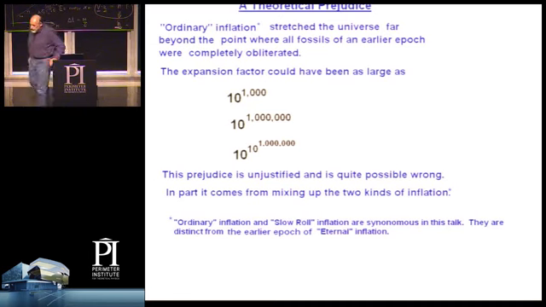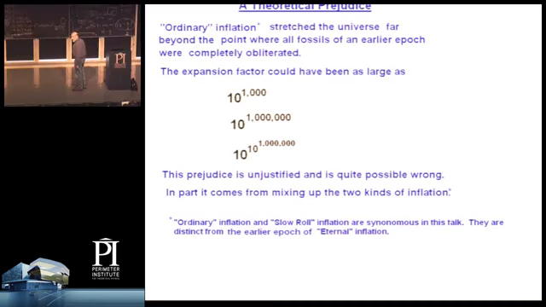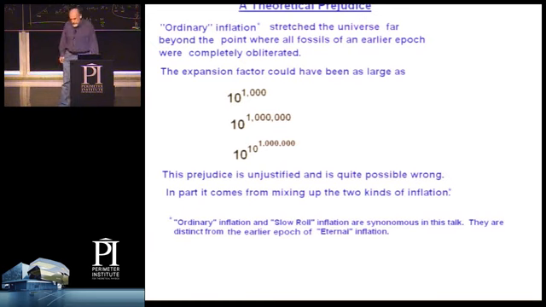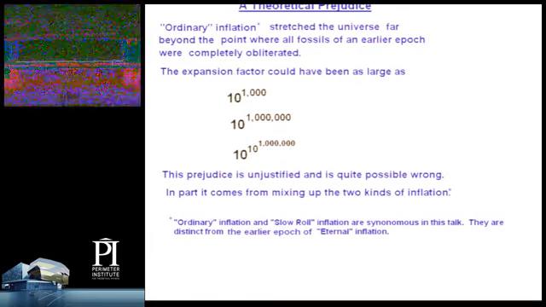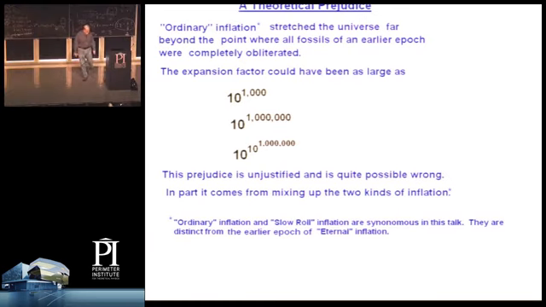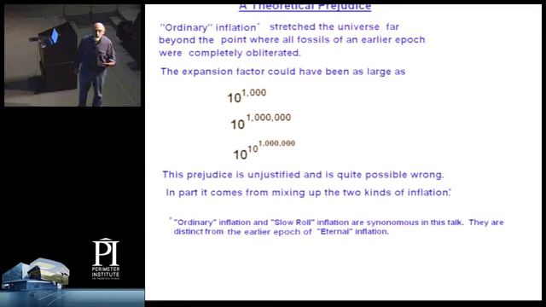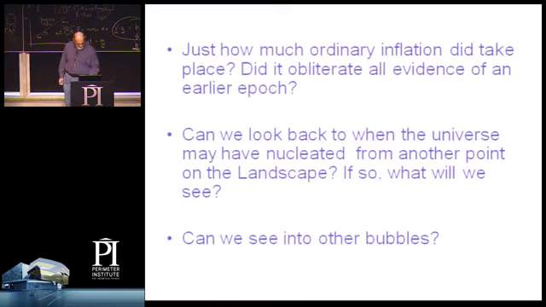I strongly believe that this is very unjustified and is quite possibly wrong. It basically came from mixing up the two kinds of potential, there are two kinds of inflation, the eternal inflation and the slow roll inflation, which I think we have every reason to think are two separate phenomena, very likely two separate phenomena. We have to distinguish them, and when we distinguish them, possibilities for phenomenologically studying post or pre-standard model inflation begin to arise. Now, we'll have to be lucky, but let me discuss them anyway.